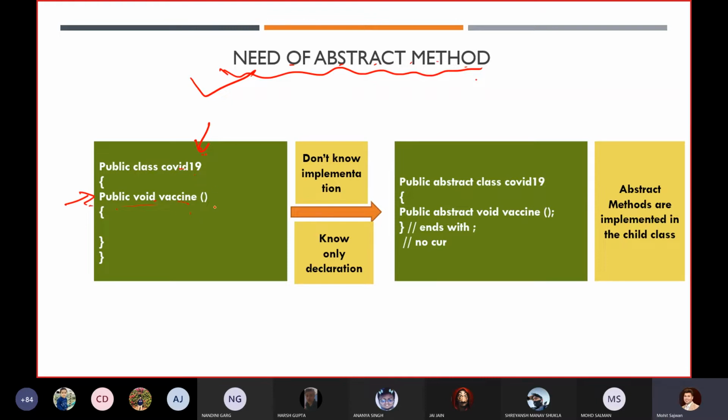At that moment you know the overview of that particular class. You know that you have to create a class and a method, and that method should return the void data type. It should not return anything, and it should be public. These are the overview of that method or class that you already know, but you don't know the